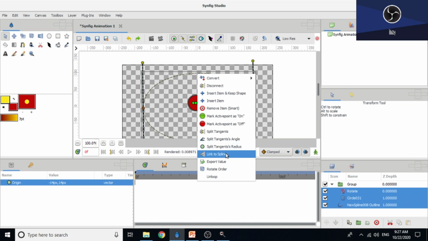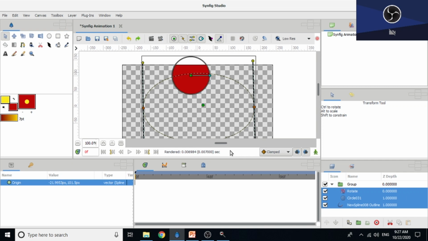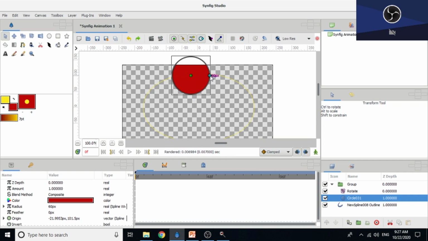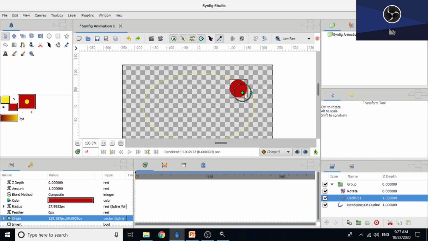Remember in the older version the option is given as Link to Beeline. So select this option. Now adjust the circle size as per your need. Now you can see that when you move this circle, it will only move on the particular path. Outside this path, it will not move.